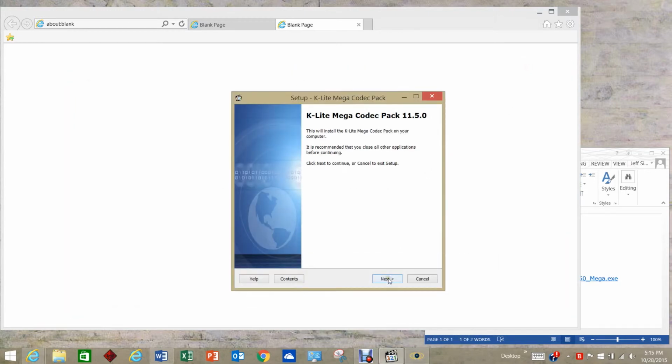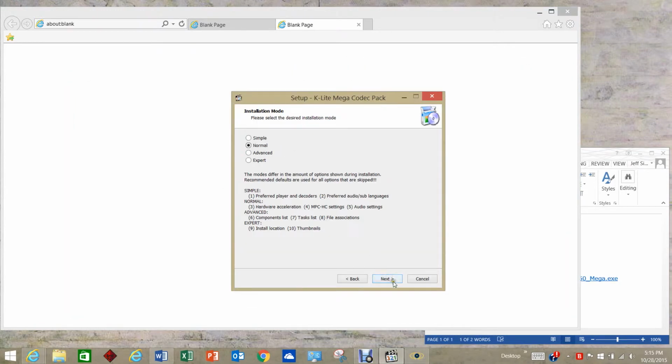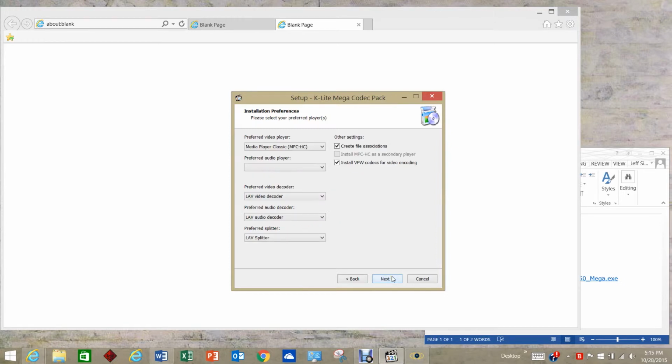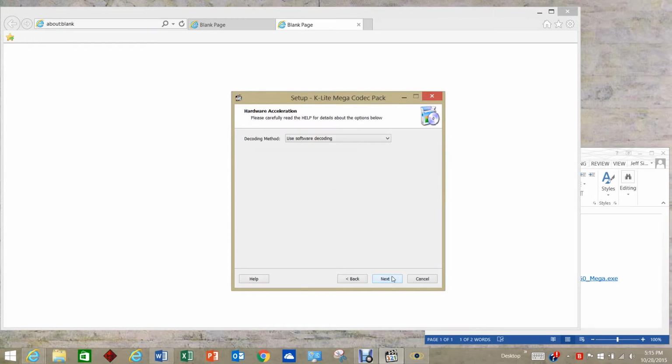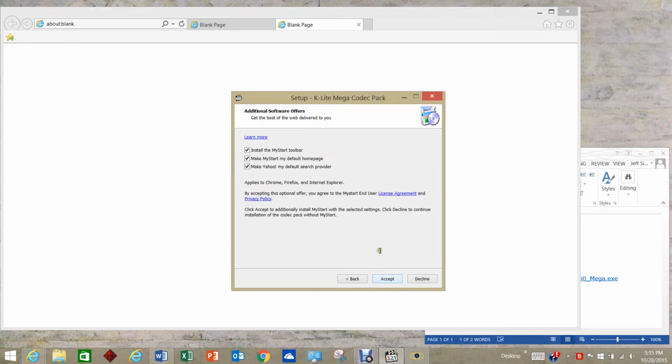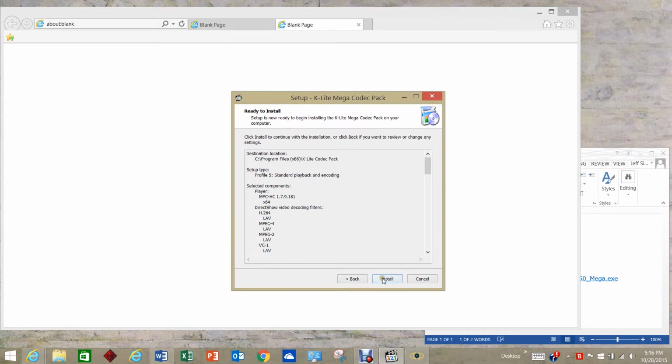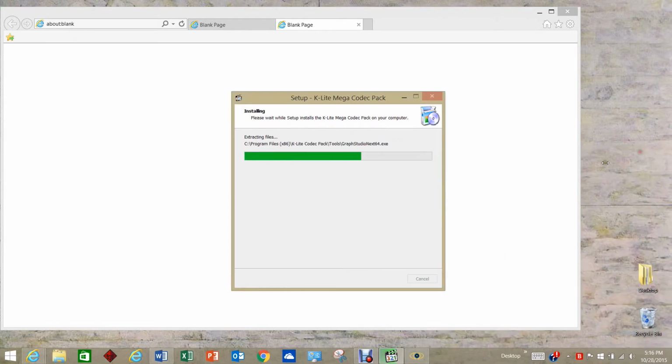And before we open the software, we'll go ahead and download the K-Lite codec pack. Again, this is just going to give us a broader range of codecs and formats to bring into the XPOSE program for enhancement. You may want to deselect some of the options. Here I'm going to deselect the Yahoo search default and some of the other defaults that are included with the freeware. You'll accept their license agreement as well and install onto your computer. When all the files have finished downloading,